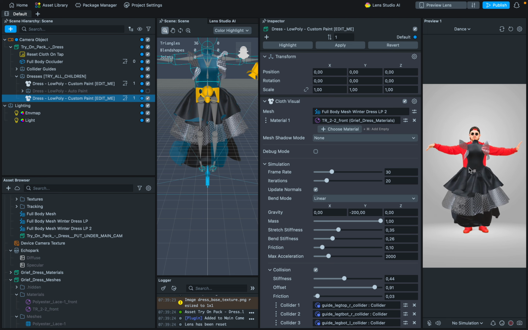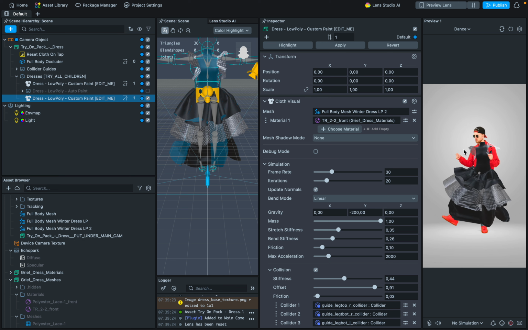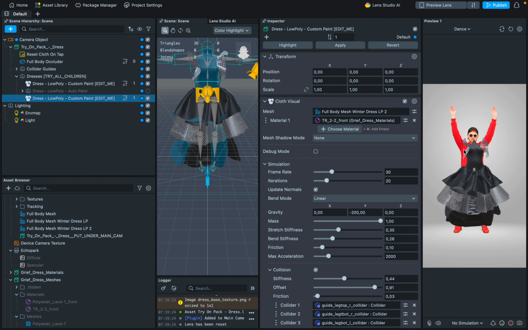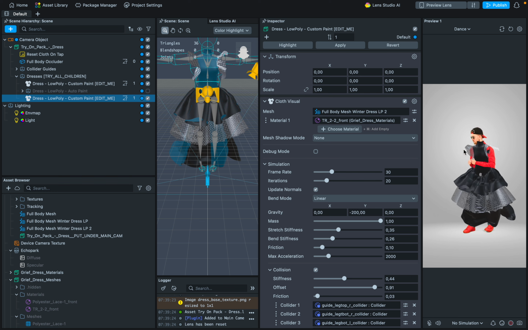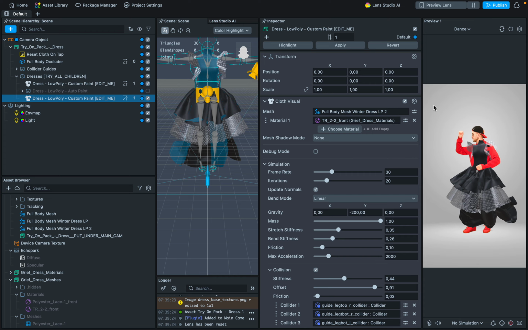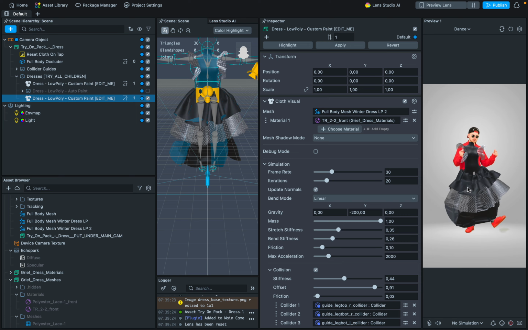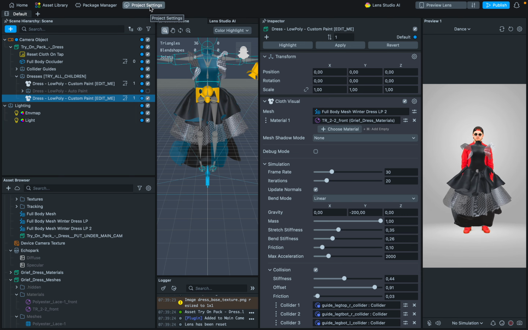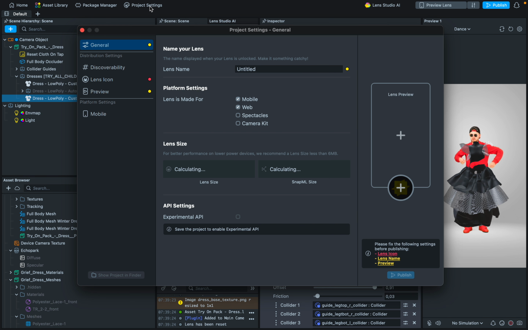So you see, it's not completely fitting the body of the avatar, but it's normal because we didn't adapt our dress to the avatar of Snapchat. Snapchat avatar is male, so it's a little less flattering for a dress. Therefore, we kept it this way. It makes an illusion to make it a little more flattering. So here you have your first dress done. You can go to project settings to verify if you can publish it. So in project settings,